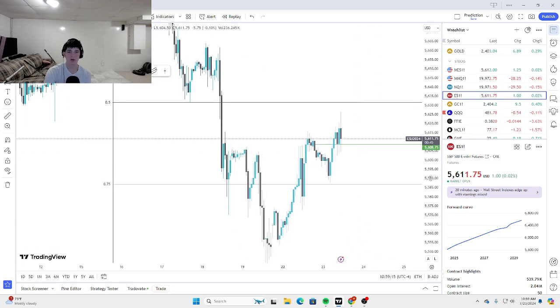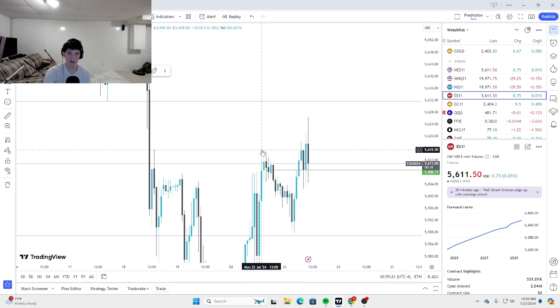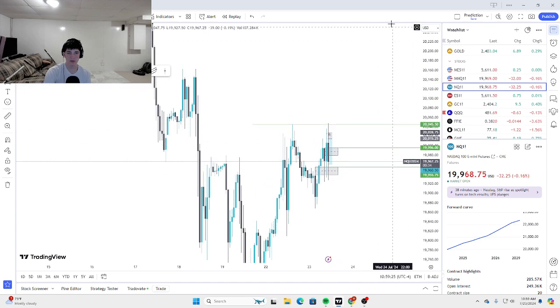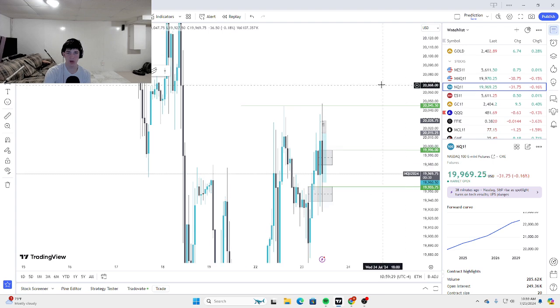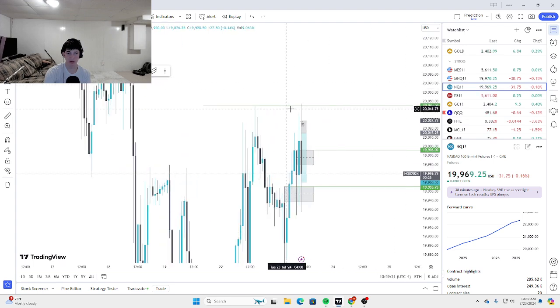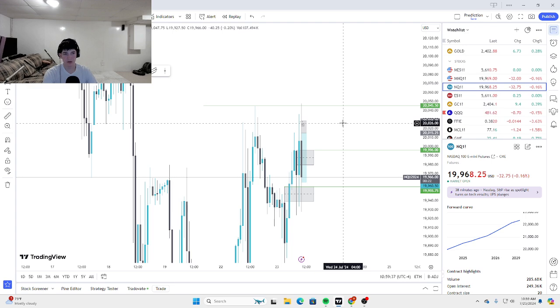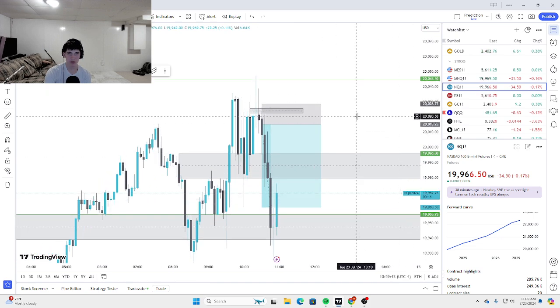The reason I decided not to take it is because we're just pushing, low key disrespecting these highs here. So I was like, okay, I'm gonna just wait for NQ and see if we can touch these highs. And we had a way better reaction off of this high here on NQ compared to ES. So I was like, okay, I'm gonna just trade on NQ. We could have traded either one. It probably would have been fine, but we went with NQ.